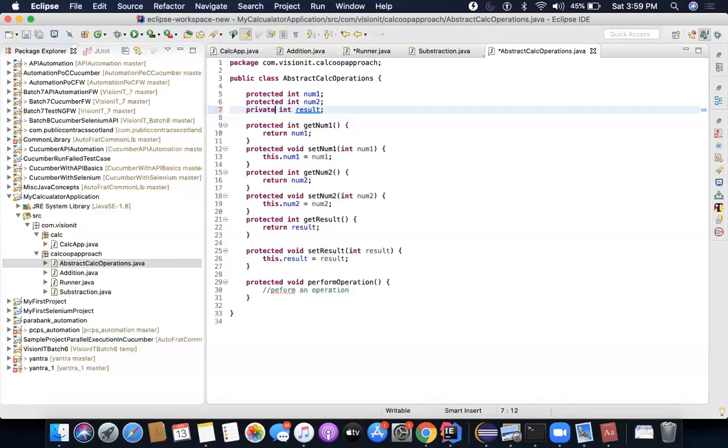If you are trying to subclass it, then you will mark it as protected. Otherwise, the subclasses might not be able to access it. So private and protected is what you are supposed to be using, never public.